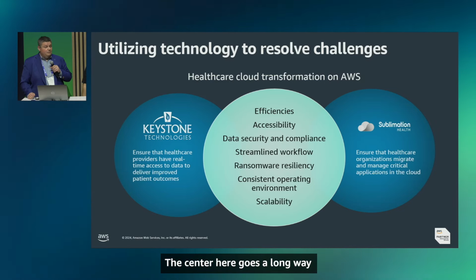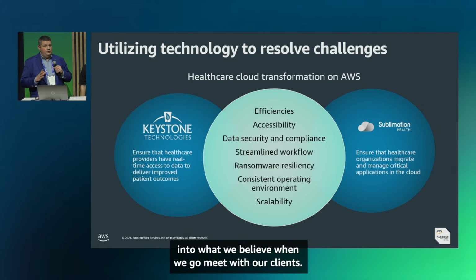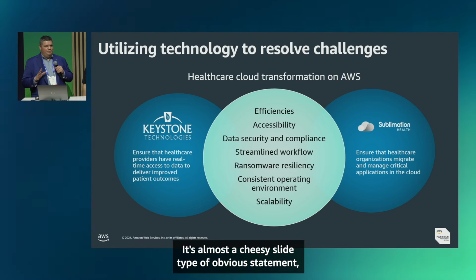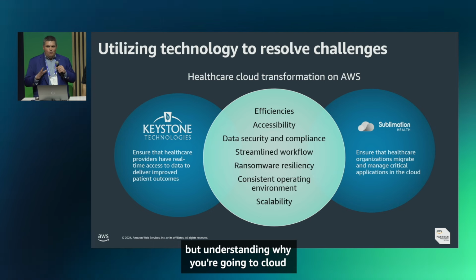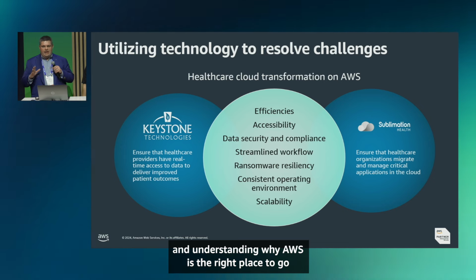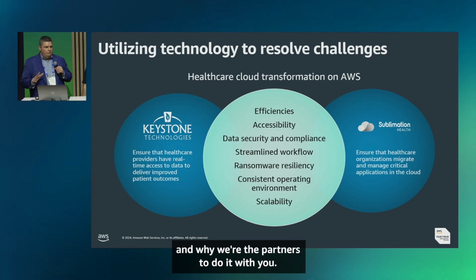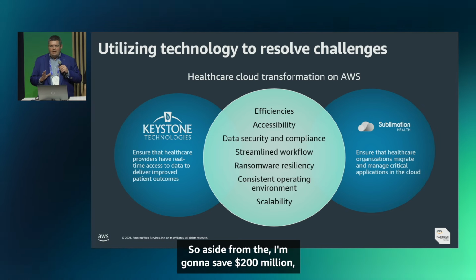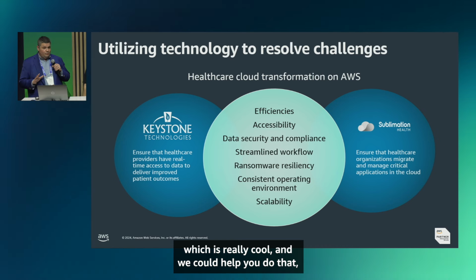The center here goes a long way into what we believe when we go meet with our clients. It's almost a cheesy slide type of obvious statement, but understanding why you're going to cloud and understanding why AWS is the right place to go and why we're the partners to do it with you. So aside from the, I'm going to save $200 million, which is really cool, and we could help you do that,